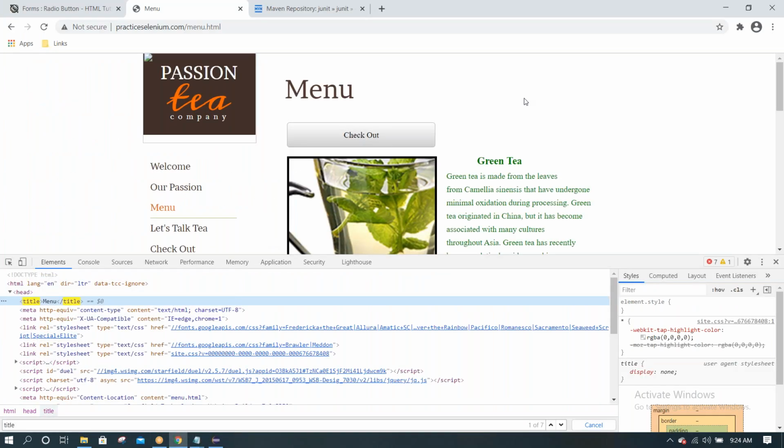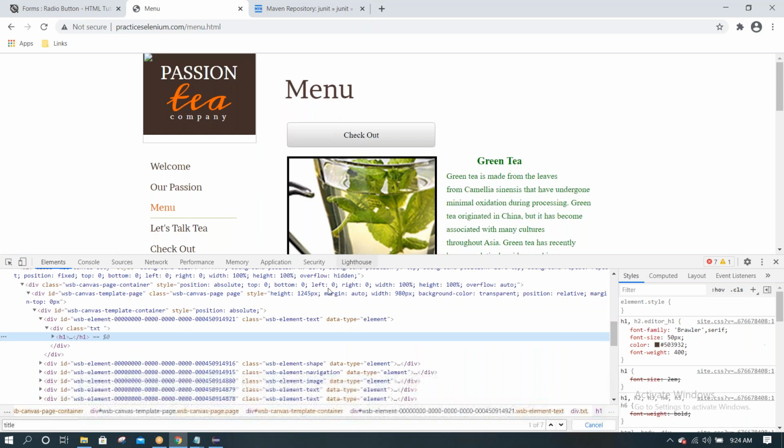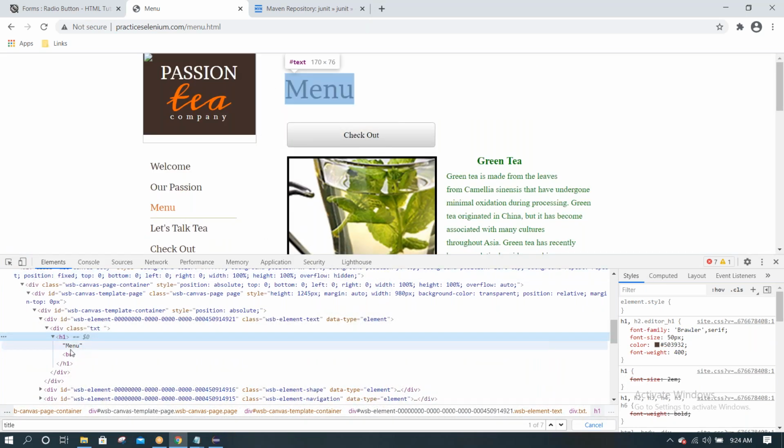Practice all these scenarios today. Get text, when will get text work? If you write an XPath for this, then dot get text will work.